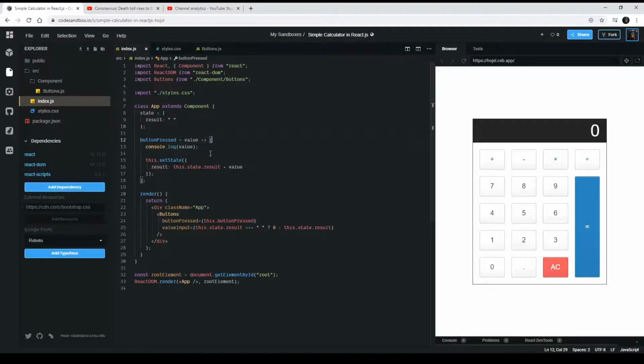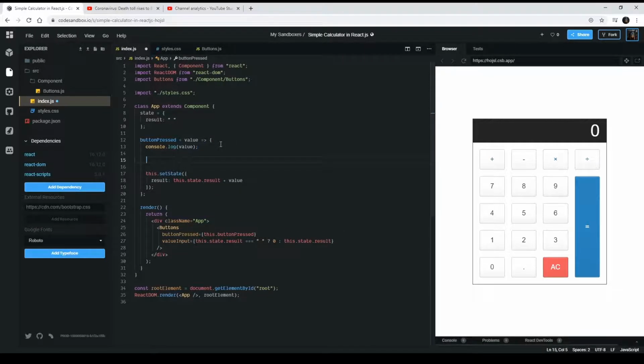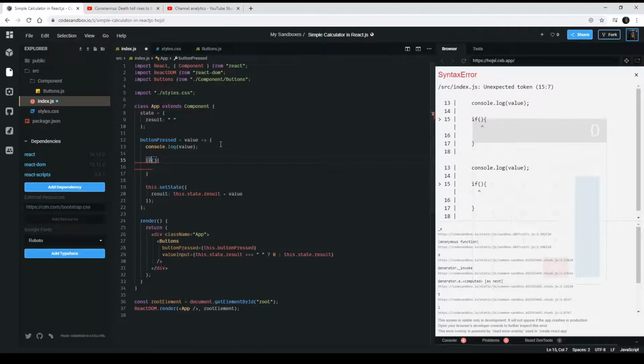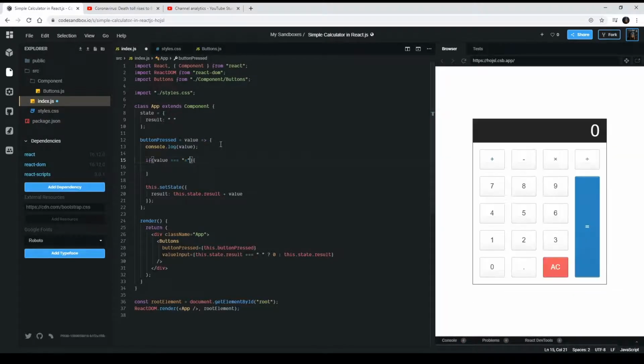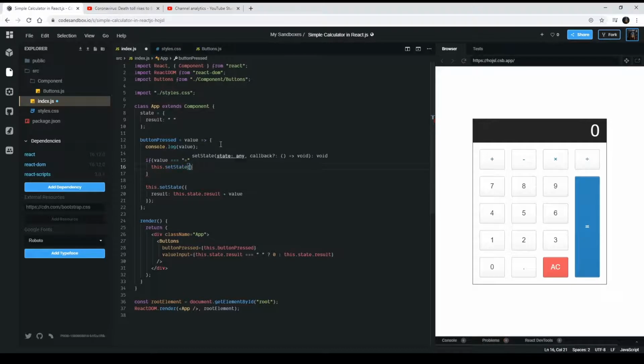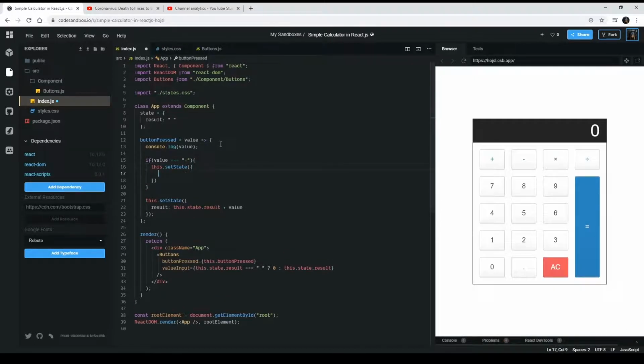So that is all this code does. And we're gonna just update this value press button a bit. We're gonna put a simple condition. Maybe this code can be written in another way, but I will try to keep it as simple as possible. So let's say if the value is equal with equal, it sounds good. I will say this set state it's result